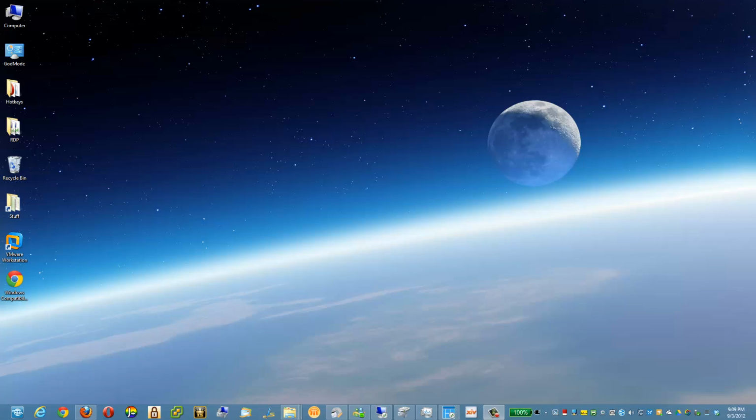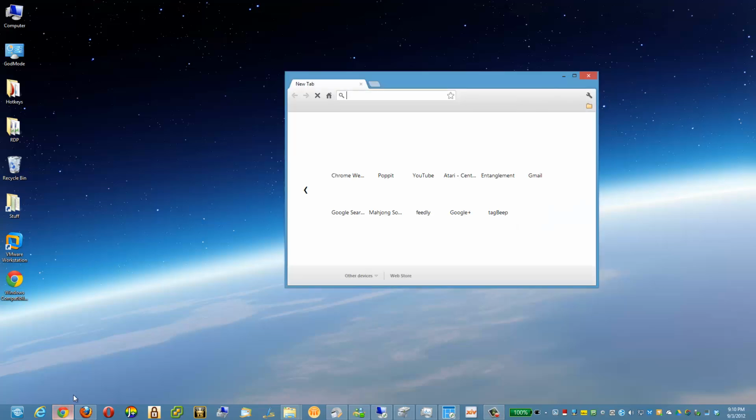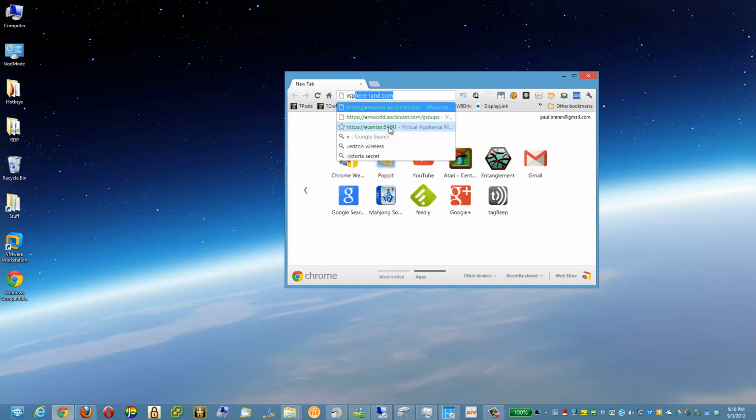Okay, this is a demonstration of how to create an application shortcut using Google Chrome for the vSphere web client. So let me explain. I'm on Windows 8 and I'm connecting to vSphere 5.1. So if we start up Chrome and we connect,